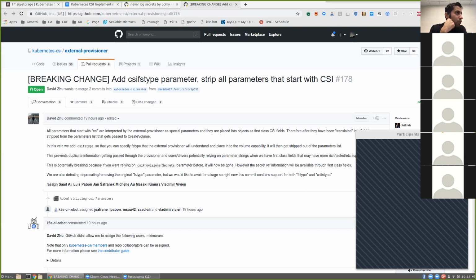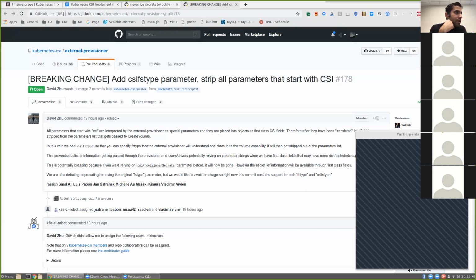When you choose to deploy a 1.0 driver, you need to go to your vendor and get a 1.0 driver. The vendor, in order to build a 1.0 driver, needs to pair it with a sidecar container. In order to do that, they're going to have to select which sidecar container they pick. If they're picking up this sidecar container, we can say, hey, by the way, if you pick this sidecar container, you need to be aware of X, Y, and Z, which are different from previous releases of the sidecar container.